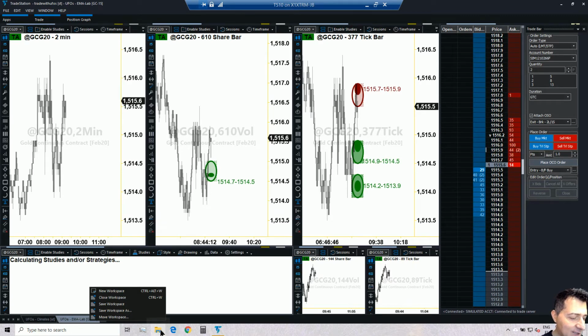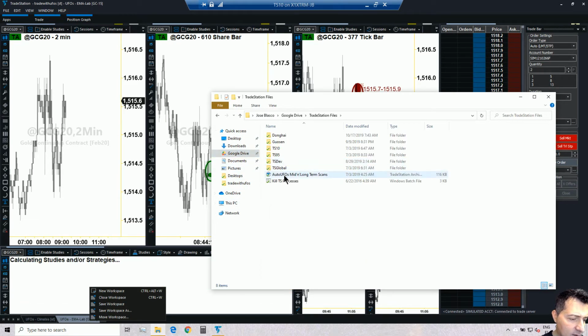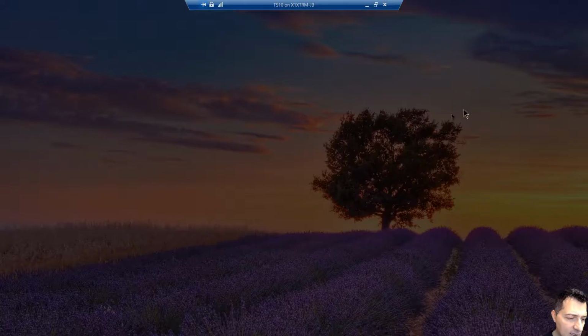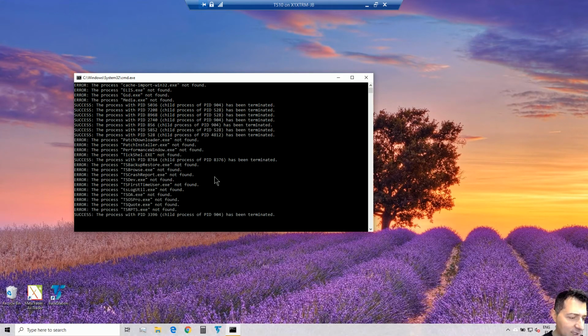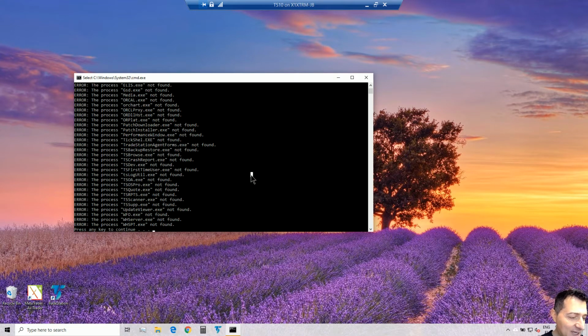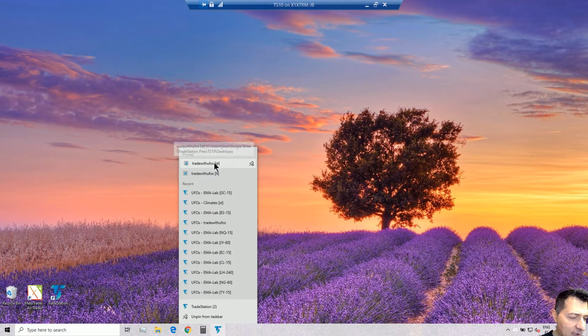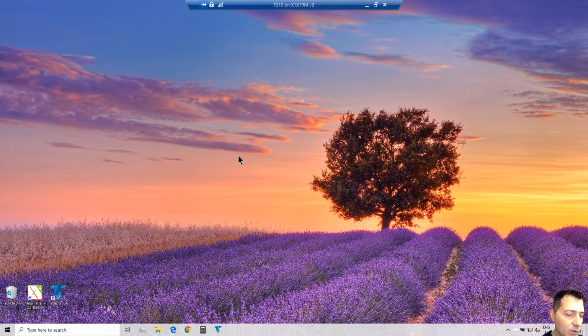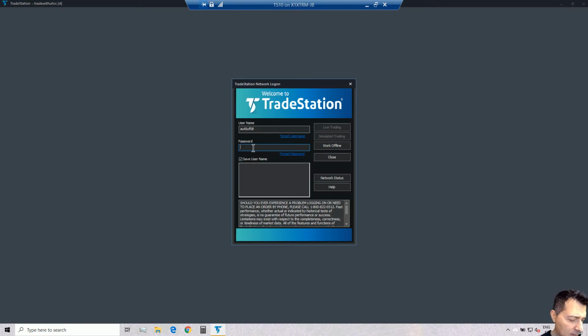Okay, so I'm just gonna do something here. Here we go. Kill TS processes. So I'm just killing TradeStation in a pretty aggressive manner, as you can see. Again, just to save time, and I'm just gonna reload it very quickly. And as I reload it, I'm gonna be able to do this more efficiently. I should have done that before, actually. Anyway, so reloading TradeStation here.